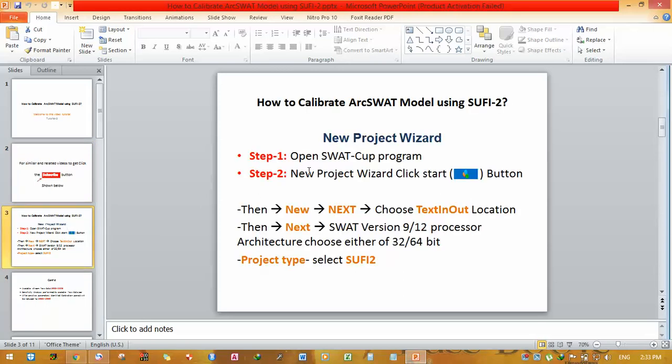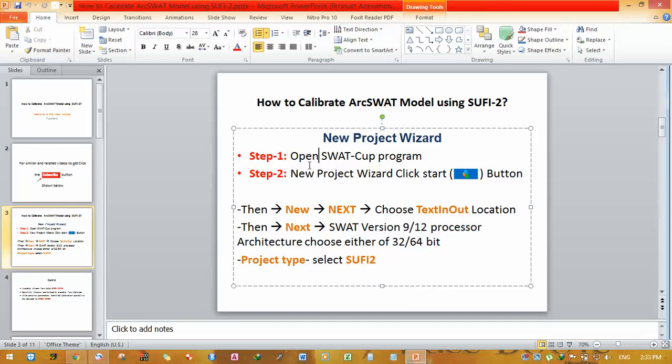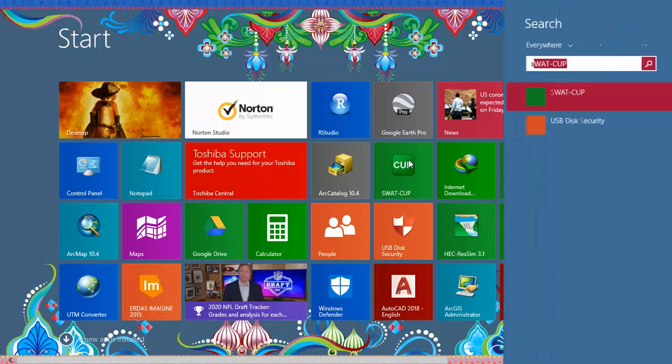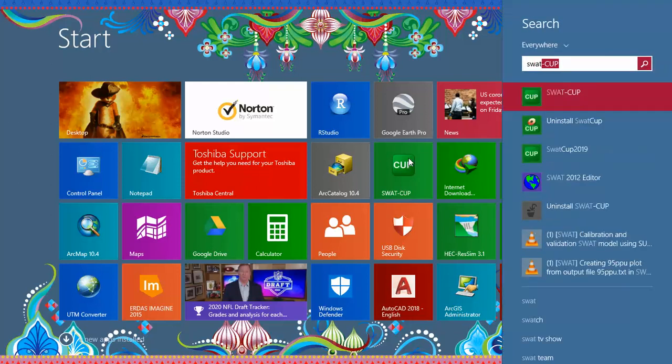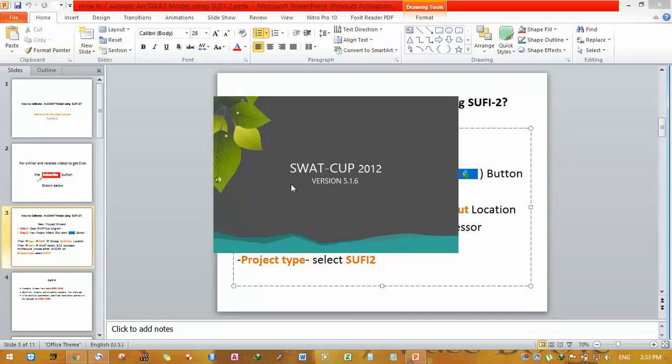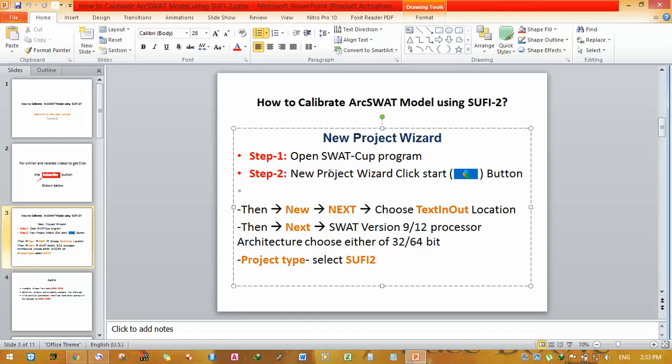Therefore, I will start by creating a new project wizard. Before that, I have to open the SWAT-Cup program. I will go by clicking start, then search SWAT-Cup. Here this is SWAT-Cup. Open it. Then the second step is just by clicking the start button. I will go to new, then next, and I will have to choose text in out